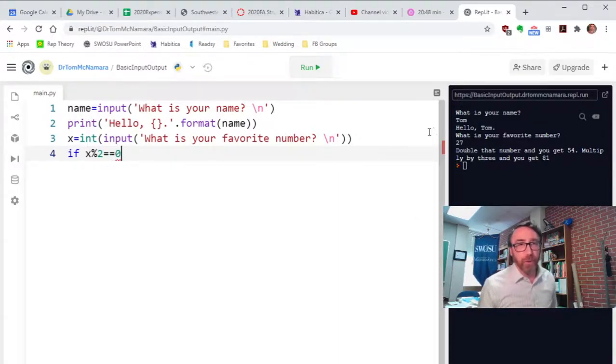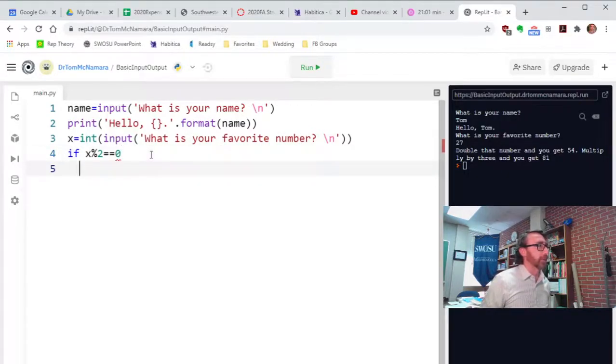So if, notice that turned blue, okay? All the special kind of code words in Replit will turn blue like that. So we're going to input x, changes it to integer data type. Oh, wait, I need a colon here, I think, right? Okay, right. Now, this is very important here. The colon indicates this is the stuff you're going to execute if this is true. So if x is divisible by 2,